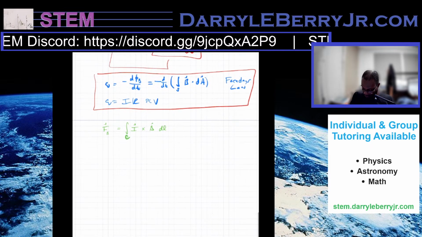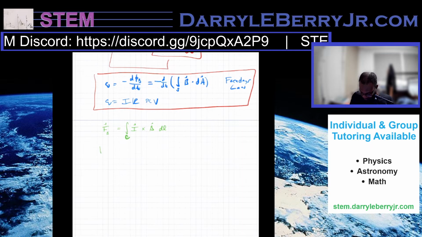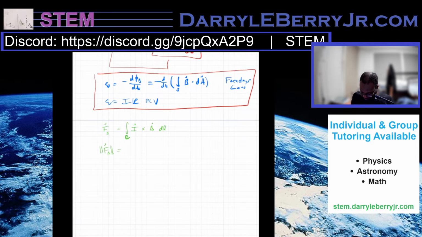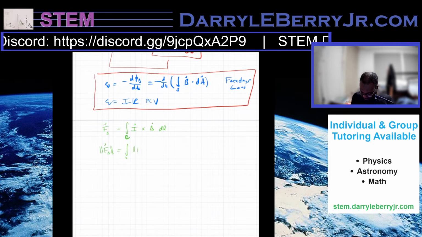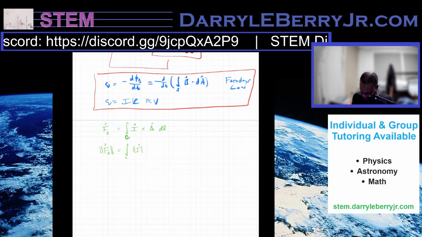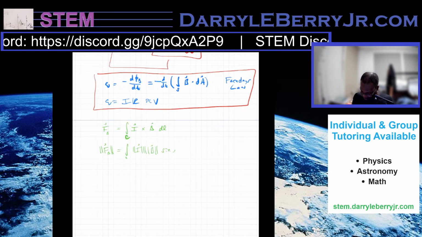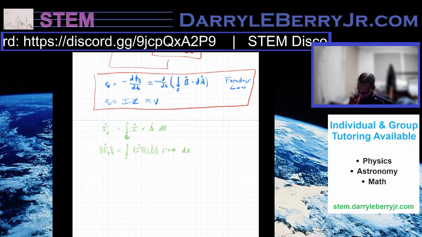We have the magnitude of the magnetic force equals the line integral of the magnitude of I, magnitude of B, sine theta dl,